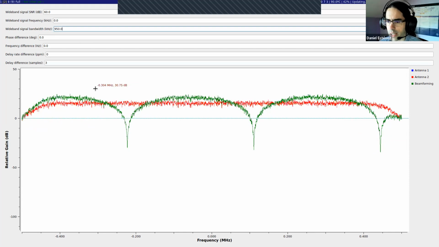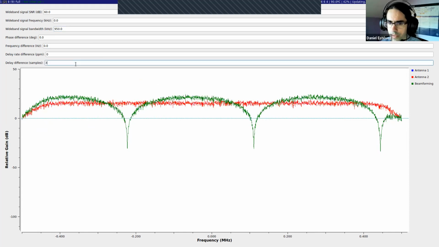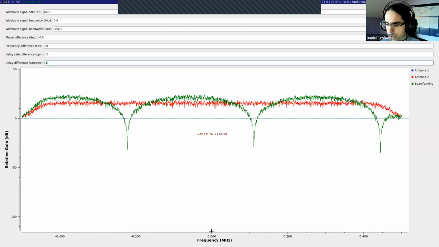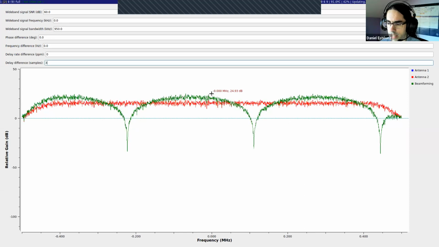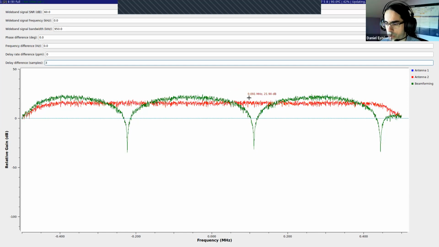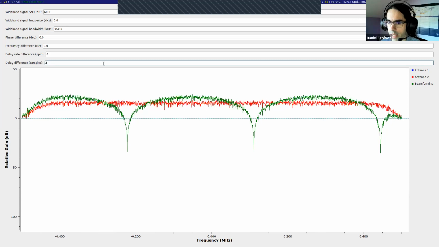So why does this happen? This happens because a delay is the same thing as a phase change, but it depends on the frequency of the signal. So over all the spectrum here, we have different frequencies. And for 0, which is here in the middle, any delay is no change in phase, because a signal which is a constant voltage, a DC voltage, you can delay it as much as you want, it will not change in phase. But if we increase in frequency, then at some point we get a delay difference